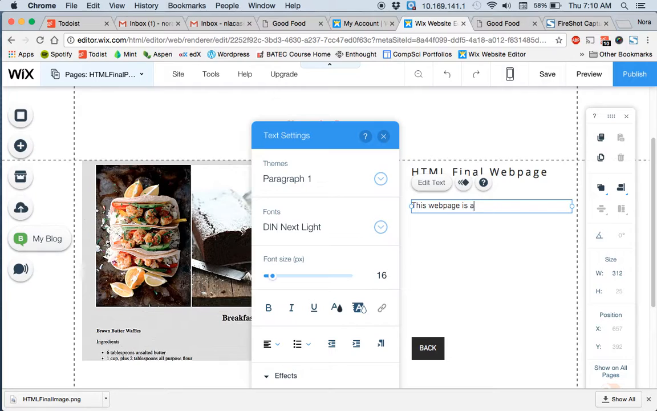this web page is a blog about my favorite recipes. And now I'll talk about some of the content. And what I mean by the content is the different tags or parts of HTML that you use to create your web page. So I'm going to say, on this web page, you will find